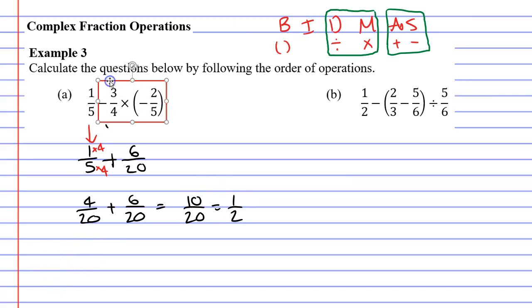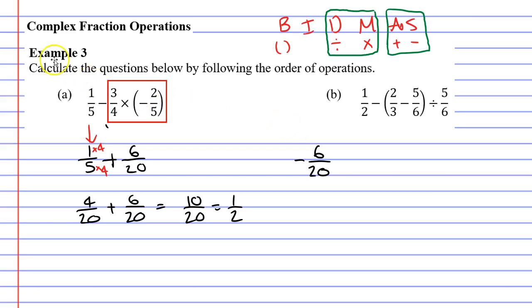Now what would have happened if I had moved the rectangle a little bit this way and treated it so that this time it was 3/4, or +3/4, times -2/5? What would have happened in this instance? Well, if I multiply the numerators, I'm going to get 3 times 2, which is 6. I'll do this over on the right side. And the denominators, 4 times 5, gives me 20, which is what I had before. The difference being that this time I've got a negative fraction and a positive fraction, meaning that I'm going to have